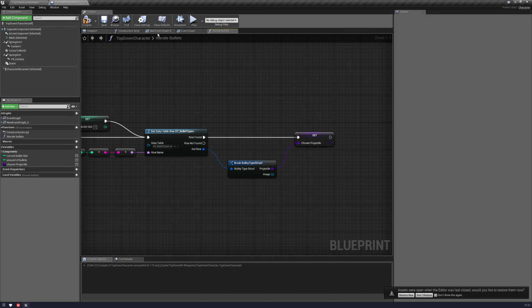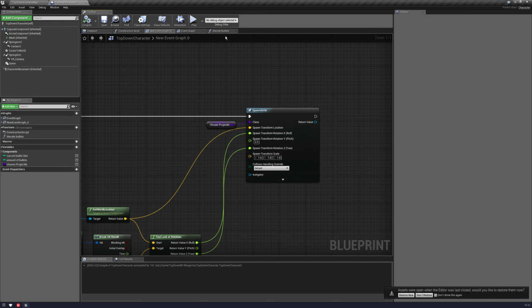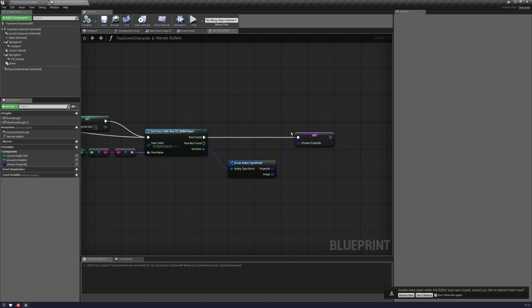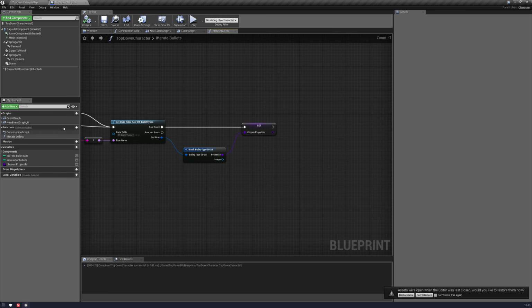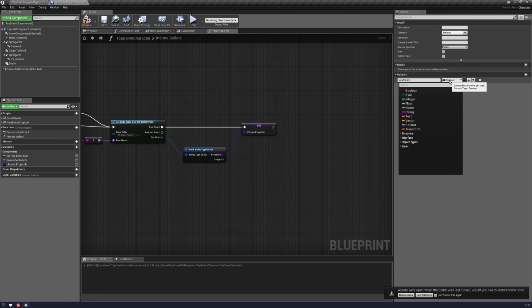Okay, and then in our attack here, we will just pop chosen projectile in there. So now as we iterate through, we're setting that variable, and that's going to change the actual bullet we spawn. That's going to change the projectile that we're spawning to whatever's chosen in the database. While we're inside this function as well, we're going to have an output, and this is going to be that